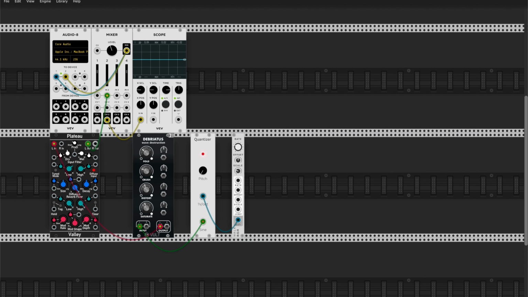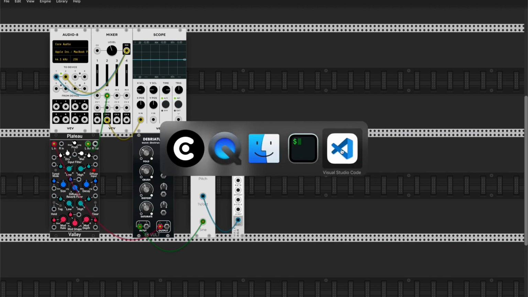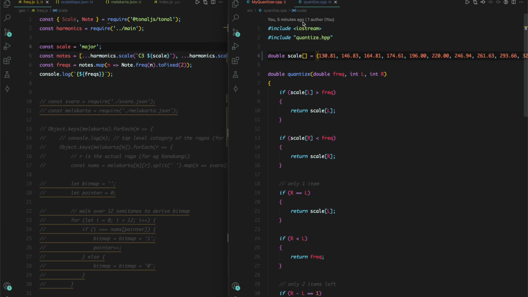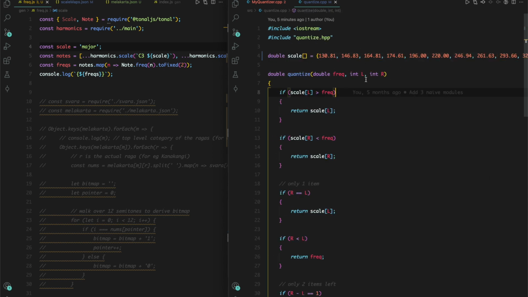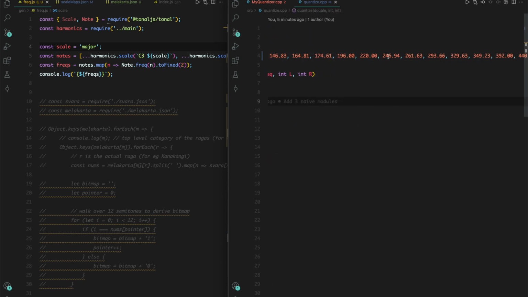So as I said, this is just a major scale right now, and the principle behind this is that whatever CV rate signal this sample and hold is generating, if I can show you the code a little bit, I've got this function called quantize, and that quantize function takes the scale. At the moment it is hard coded. I'll make sure that it's not like that, but basically it's going through these values, and whatever incoming frequency it gets, it tries to quantize to one of them.